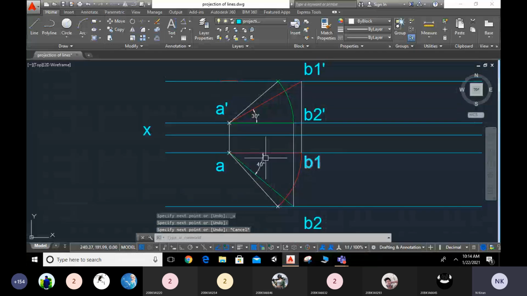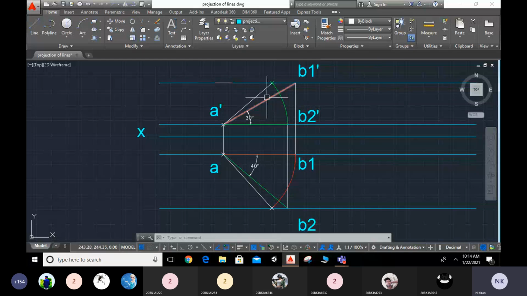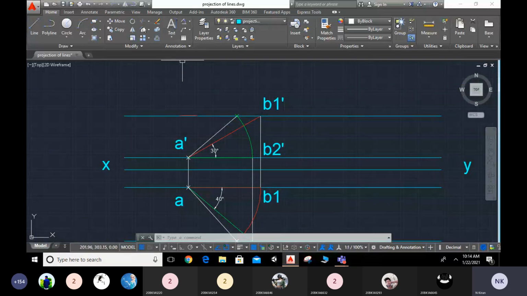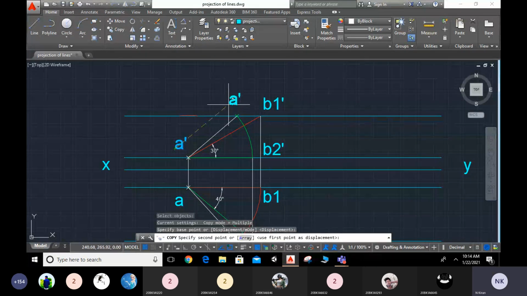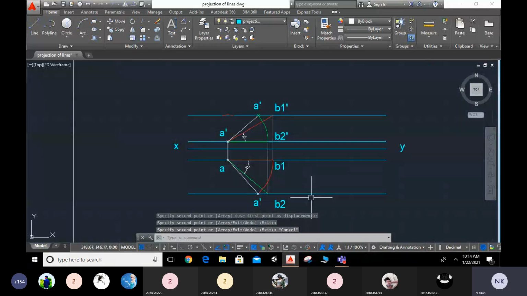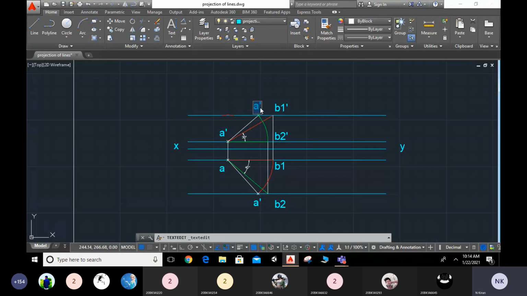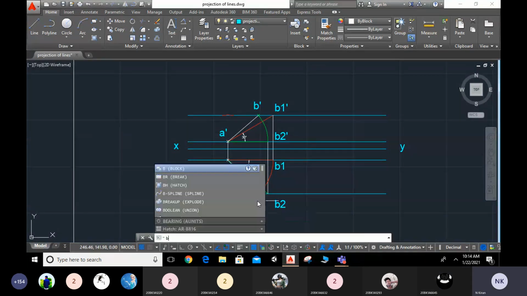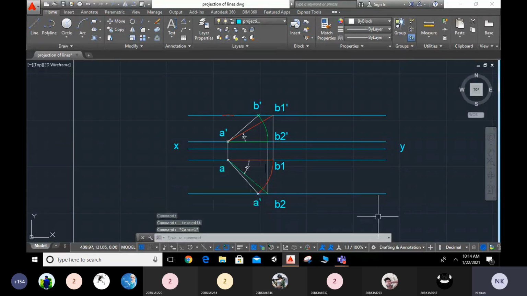So this is the top view and this is the front view. This is our actual answer. So I will mention this one also. I will copy and select this one. Enter, and with this base point, I will copy here and somewhere, and this one also. So what is the name I have to give to the letter which I have copied now? Anyone? C dash. B dash. No, this is actually the dash. These are our original points which we have come to as our answer.